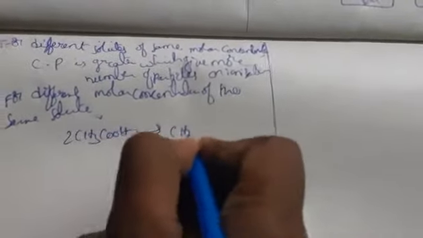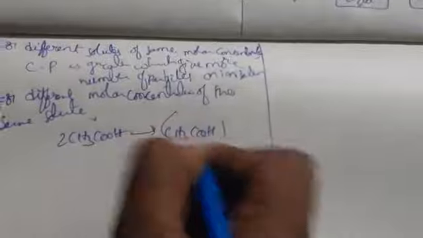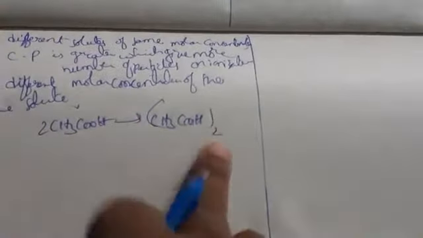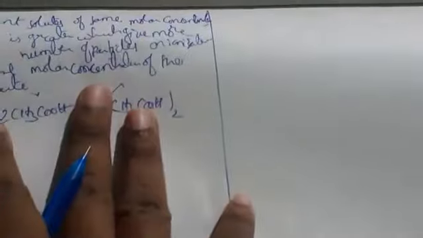But coming to here, for different molar concentrations of the same solute, the value is greater for the more concentrated solution. Okay. So like this we can see. For example, I am taking 2CH3COOH, so CH3COOH twice. Here the concentration is 2, here it is also 2. The colligative property is increasing in the solution. Okay, so this is about the two conditions.